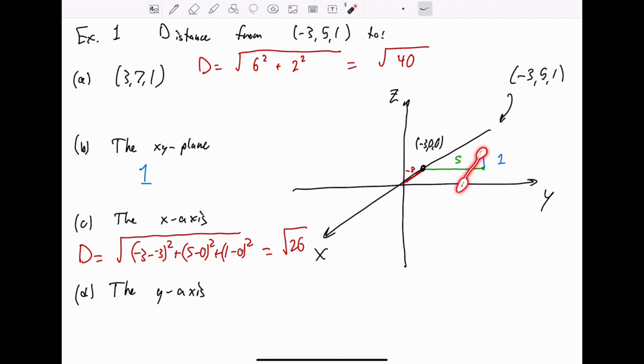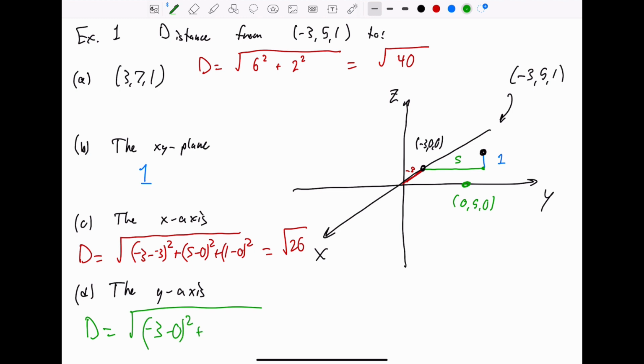X and z will be 0, and y is going to be the y component of 5. So I want the distance from this point to (0, 5, 0). That's this point right here, (0, 5, 0). Use the distance formula again. We have distance equals the square root of (-3 minus 0) squared plus (5 minus 5) squared plus (1